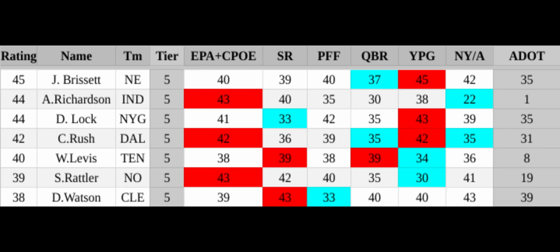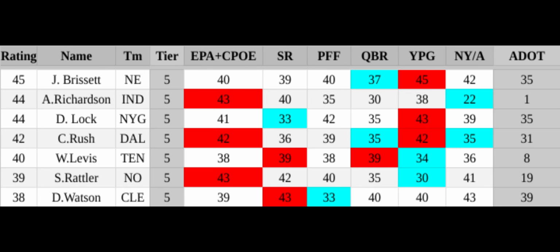Richardson did have a little bit of a redeeming quality with the net yards per attempt, showing he wasn't getting sacked very much relative to other players, because being 22nd, you're still getting sacked a lot. This upcoming year is going to be massive for him. If he doesn't show up and just click pretty much immediately, it's going to look pretty bleak.